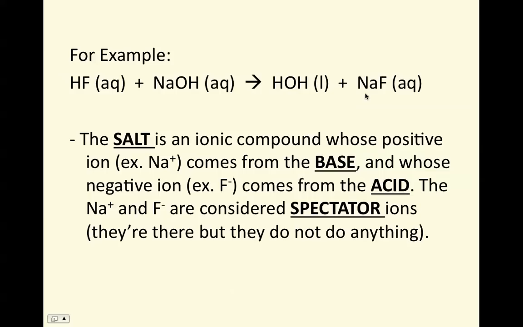And if you look, the positive ion, the sodium, comes from our base over here, and the negative ion, the fluoride ion, is going to come from my acid. And again, I've been using this term spectator ions. They're there, but they just don't do anything. They're not going to participate in the actual neutralization. So again, when we're creating the salt, the positive ion comes from the base, the negative ion comes from the acid. And at this point, you should be able to identify that HF is your acid and sodium hydroxide is